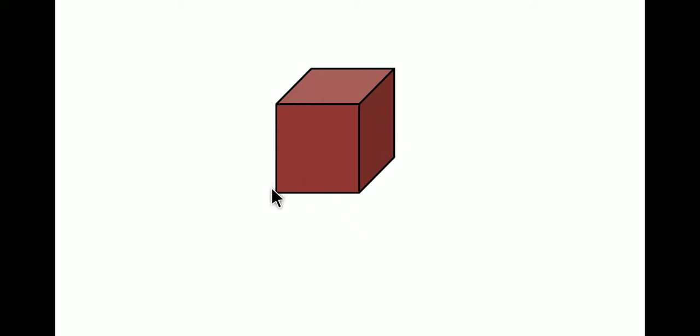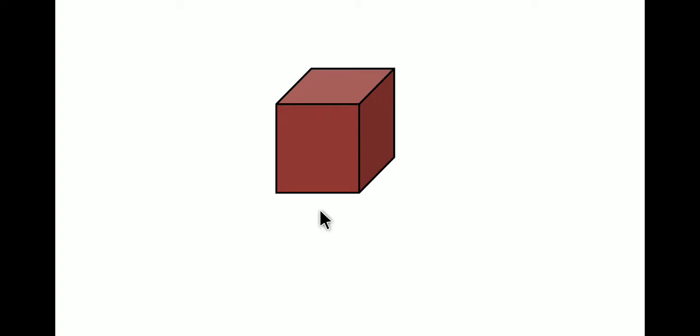Okay, so this cube has six faces. This is the first face that we can see in front of us. The second face is facing towards up. Third face is facing towards the right side. The fourth face is hidden over here, which is facing towards left. Fifth face is at the back, and the sixth face is down there facing the bottom.